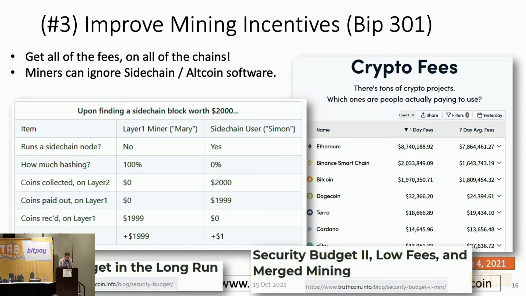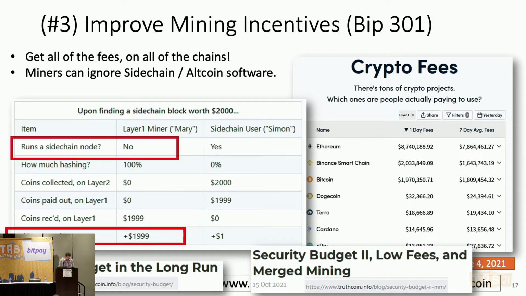Well, the layer 1 miners contract with someone else who is running a sidechain full node, and the miner basically sells them the block rights. So they still get basically all the money, but the other person assembles the block and pays themselves the sidechain coins in the sidechain's coinbase transactions. So this is the important part.